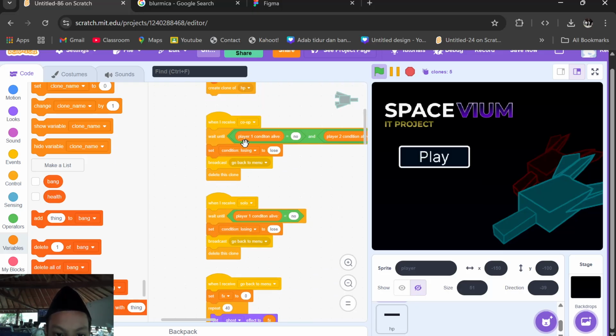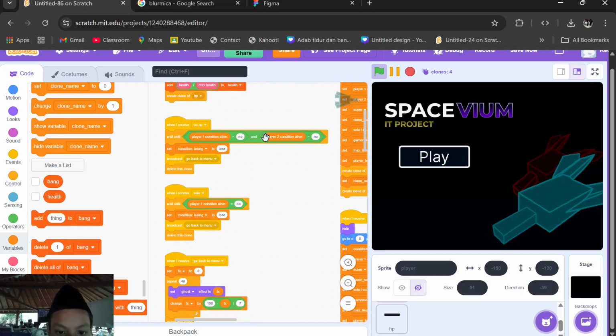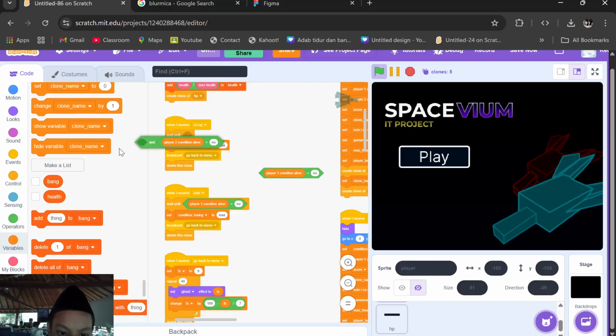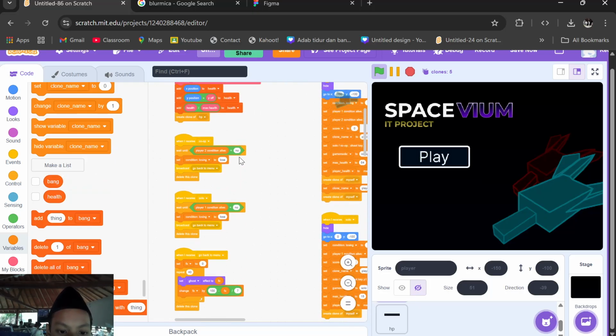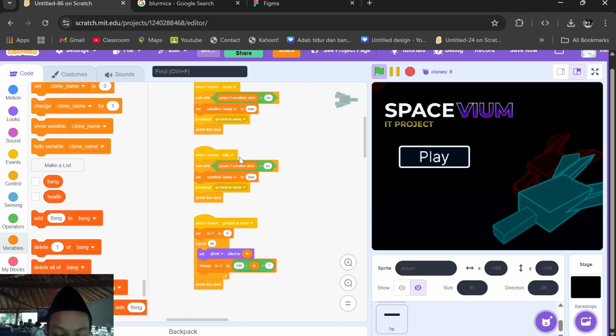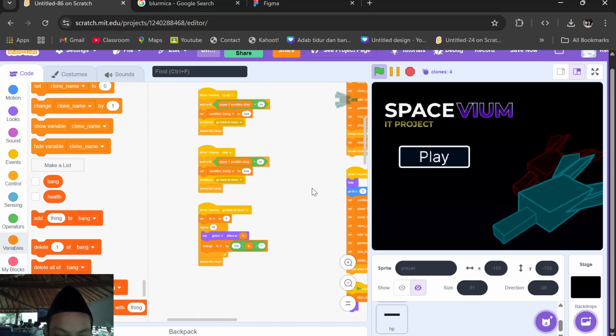For solo, if the two players are dying, set condition losing to loss and broadcast go back to the menu. For co-op, player 1 needs to protect player 2 from touching and dying from the asteroid.